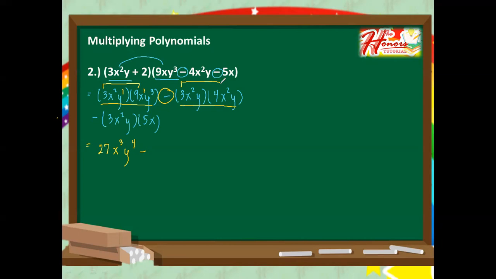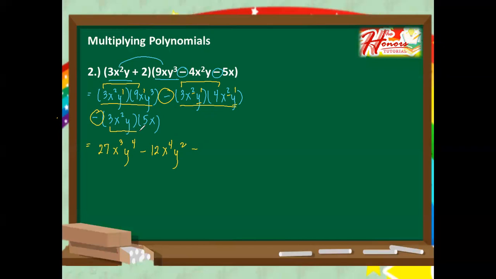Multiply the numerical coefficients, which is 3 and 4, that's 12. And then copy x, add the exponents, which is 2 and 2. So that is 4. And then copy the variable, which is y. And then add the exponents, which is 1 and 1, and that's 2. And then what we are going to do next is to copy now this operation, which is subtraction. So minus,